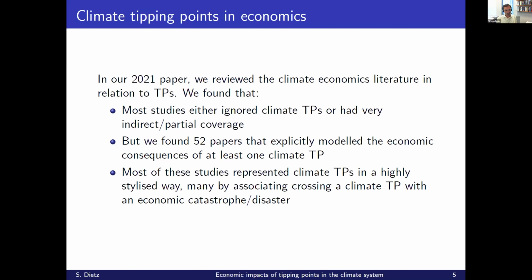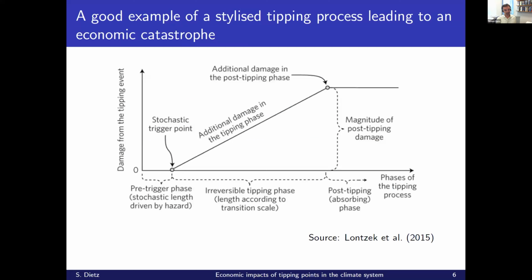An important characteristic of most of that literature is that it represents climate tipping points in a stylized way, primarily by associating crossing a climate tipping point, such as a temperature threshold, with some kind of generalized economic catastrophe or disaster. Now, there are good and bad versions of this kind of model. Probably the best version out there is actually in the work of Thomas Lontzek, which I can show you diagrammatically here. So the idea here is that